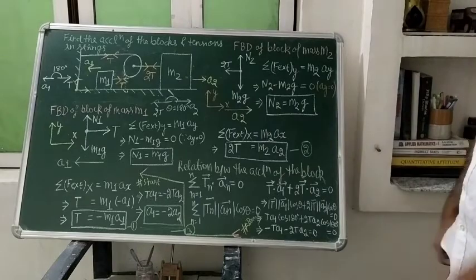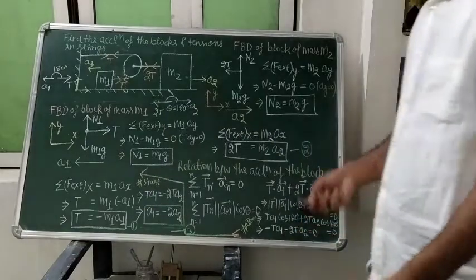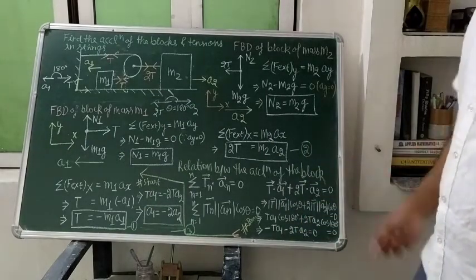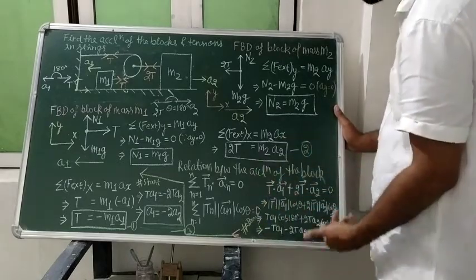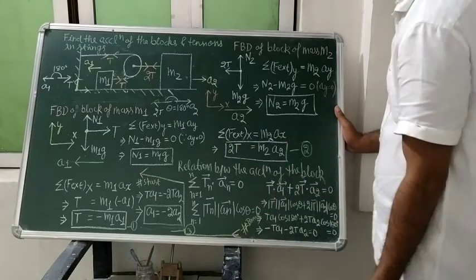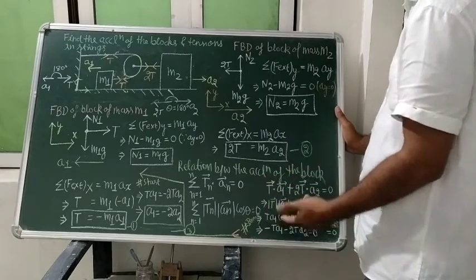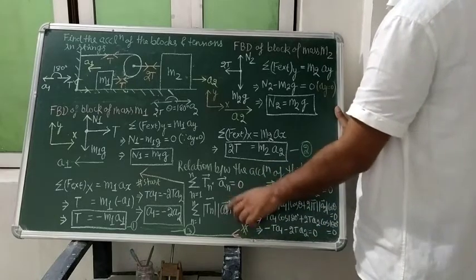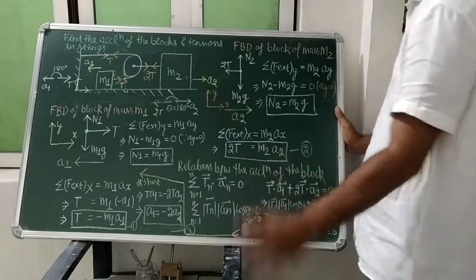So here we are looking at three unknowns, T, A2 and A1. So we will require three equations. What can we do? We can find the relation between the accelerations of the blocks, the constraint relation. So we will apply the string trick. The string trick says that the vector sum of all the dot products of the tension vector and the acceleration vector should be equal to 0. When we remove the dot, what do we get? The magnitude of the tension vector multiplied by the magnitude of the acceleration vector times cos theta, and that should be equal to 0.